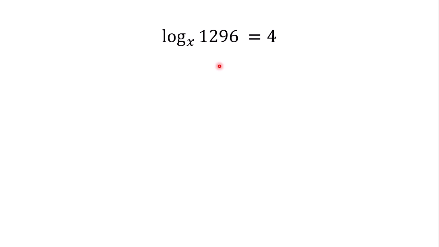Any idea? What do you think? All right, the idea here is that in order to get the value of x, we have to apply the definition of logarithm. And I have already told you that in applying the definition of logarithm, it simply means